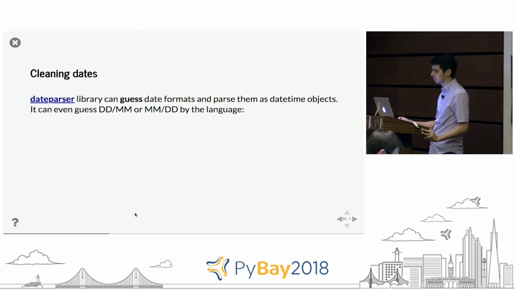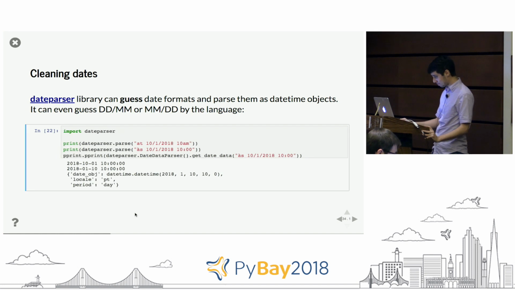Dates, it's very useful to clean. There's this classic problem of date, month, date. Hope someday someone will fix that. And dateparser is great because if you pass it